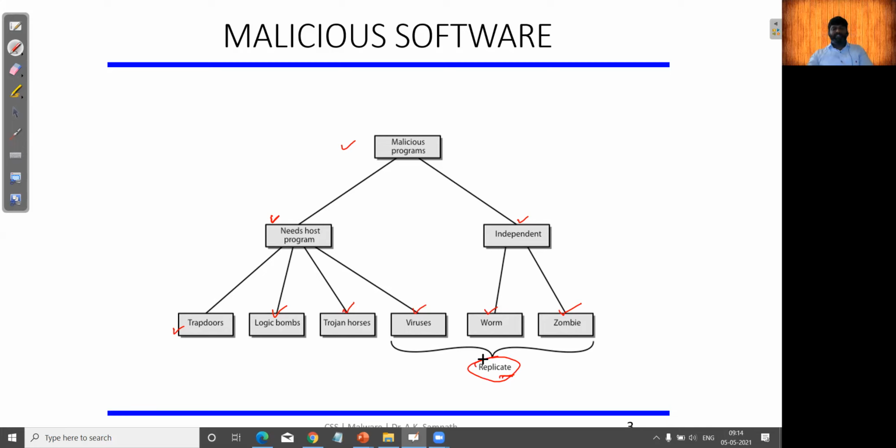After we click on any one of these malware, virus, worm, or zombie, they self-replicate, automatically cloning themselves and spreading across all the files or information present on the particular PC or on the network. Is there any query regarding the classification of malware?